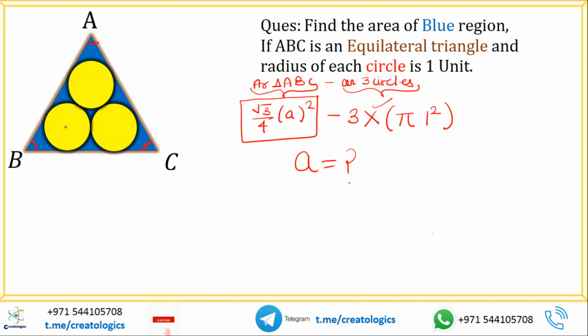Now, as you all know that if I join center to any tangent, this radius is always going to be perpendicular to the tangent, right? Radius is perpendicular to the tangent at the point of contact. Then I will join this with the center of the circle. Due to symmetry, same thing will happen here also, right? And I drop a perpendicular.